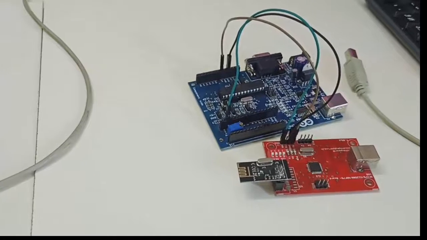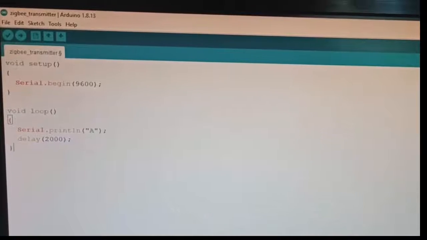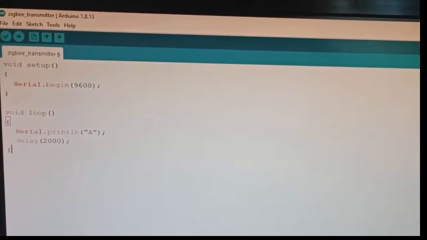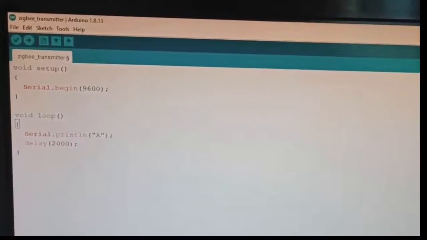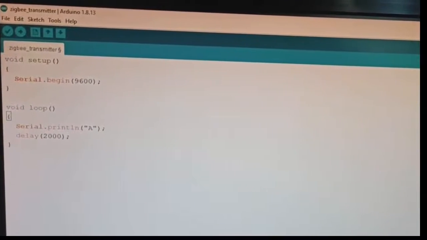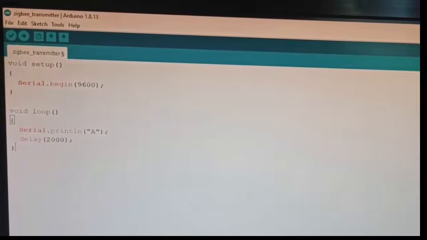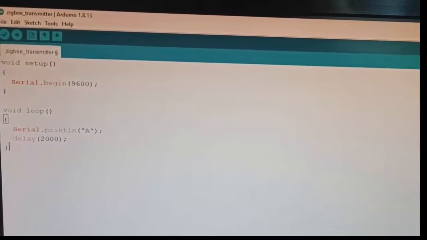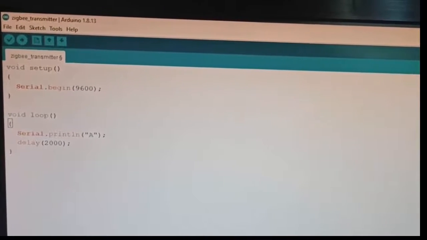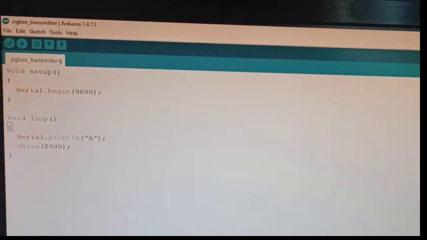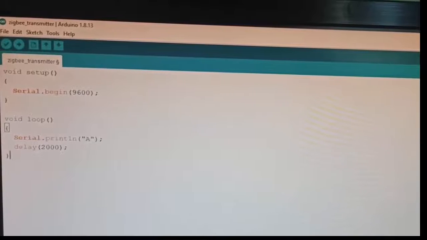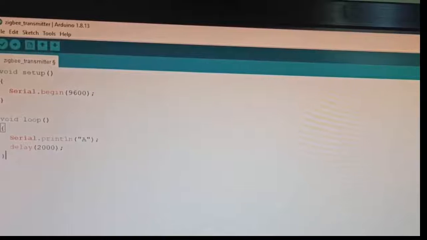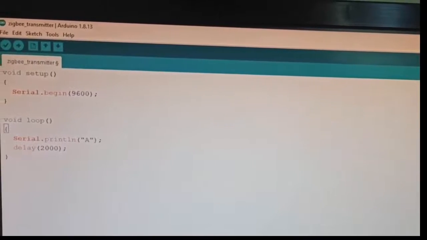Okay, this is the transmitter section programming. In the void setup function, we set up the pin configurations and initialize the monitors, and the loop function is the main programming part. First, Serial.begin(9600) is used for initializing the serial monitor, and I am setting a 9600 baud rate for the serial monitor.